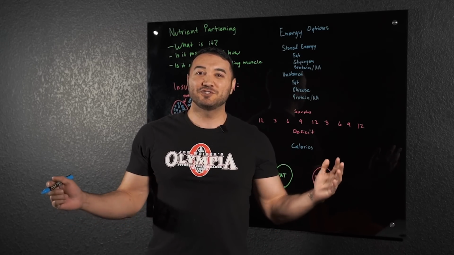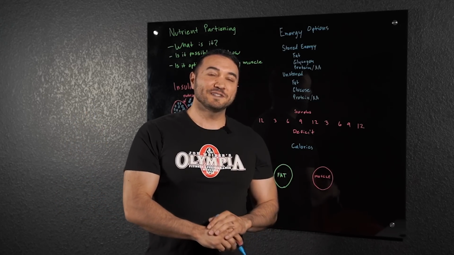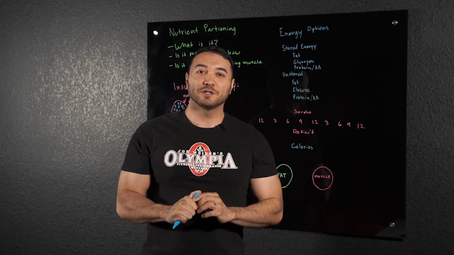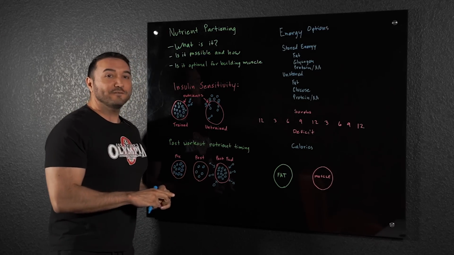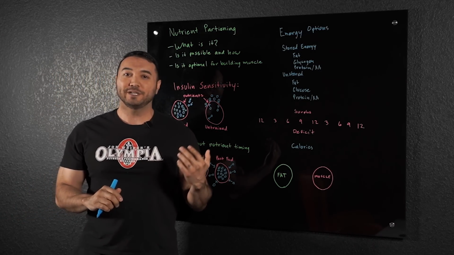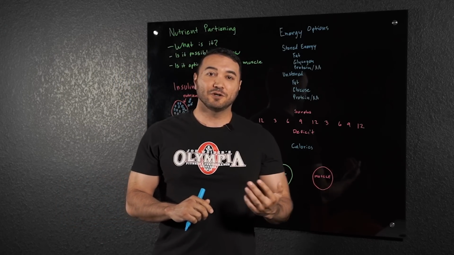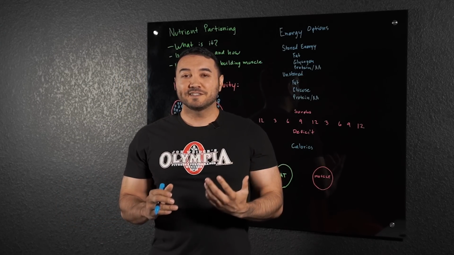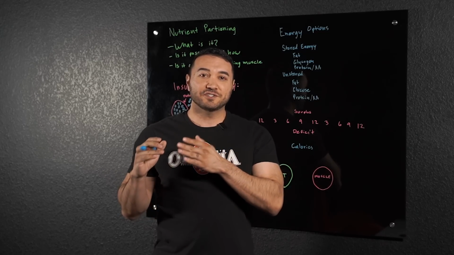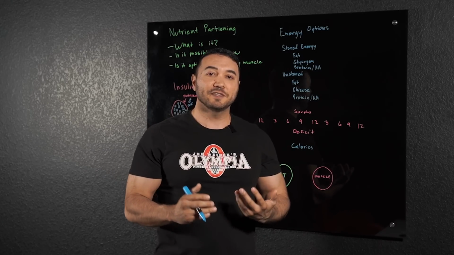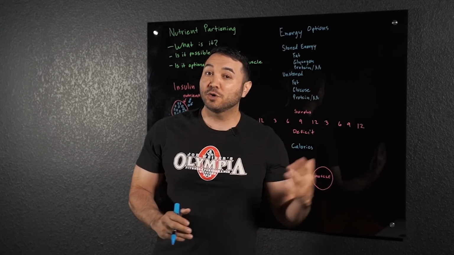So let's go ahead and jump into how that's possible, what's happening internally where this can happen, and how you can maximize this as well. So let's go ahead and jump into it. The way that's going to happen is called nutrient partitioning. This is going to be a new term to a lot of you out there who have never heard of this. Nutrient partitioning is essentially a theory of which direction your nutrients are going to go to when you consume them, based on what you do and what is needed by the body at that time. So we're going to go into that.